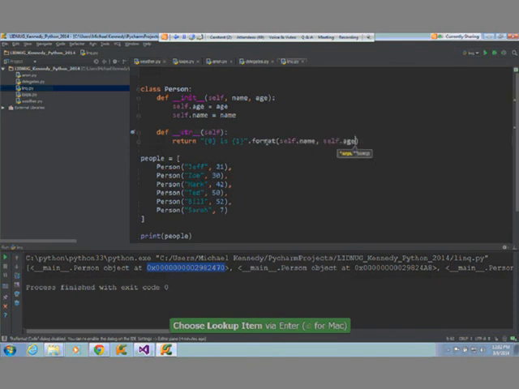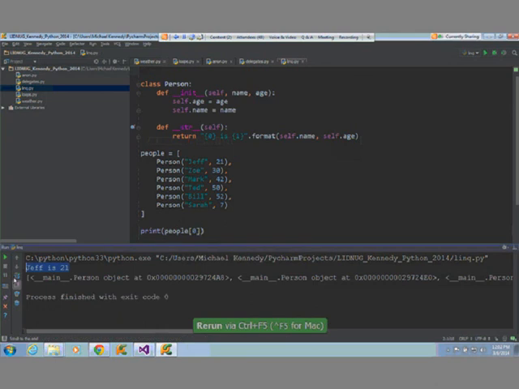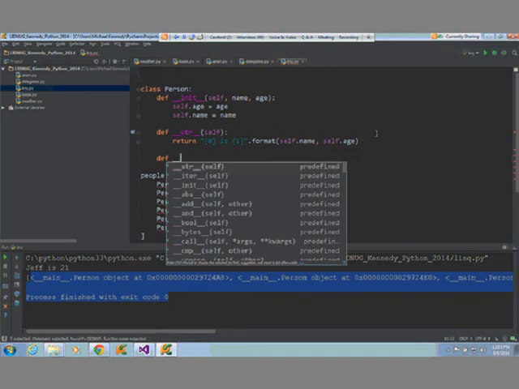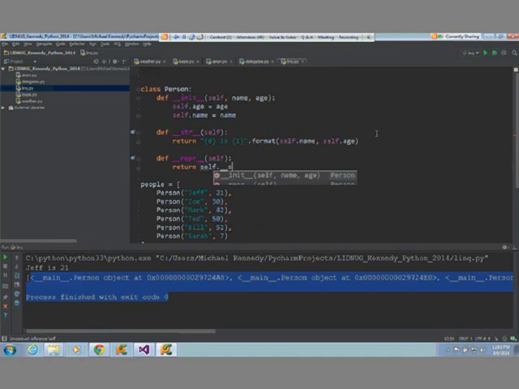So coming from .NET, you're like, oh, that's gonna fix it. No. If I did this, I said print people of 0. Yeah, it's 21. But in these larger object graphs, it says I'm trying to show like an object representation of the thing, not just a string version of it. So there's a separate method here called representation. So repper or reaper, you'll sometimes hear people call it. So under string. Okay. So now if I run it, here we go.